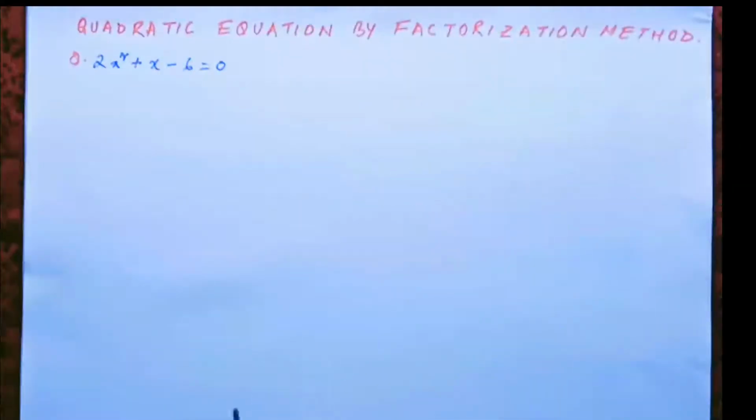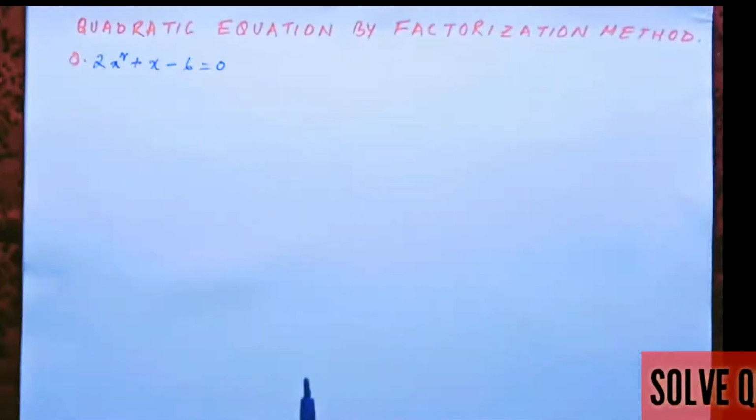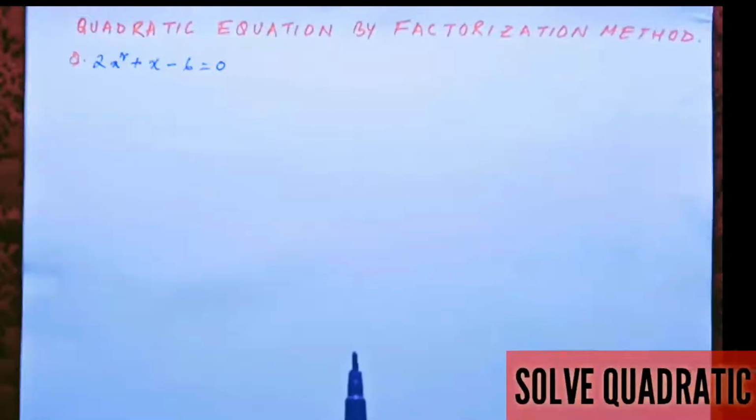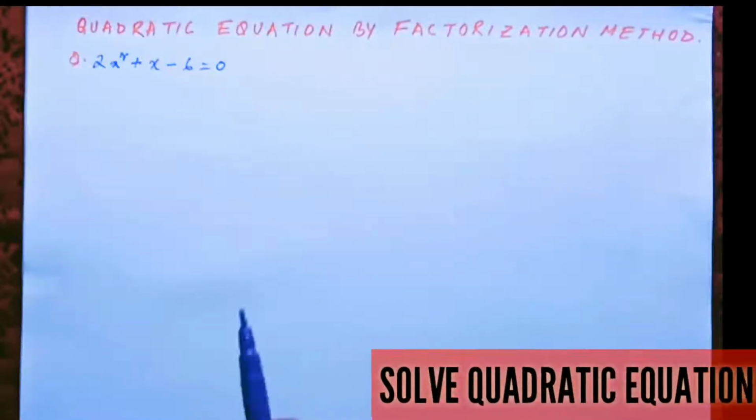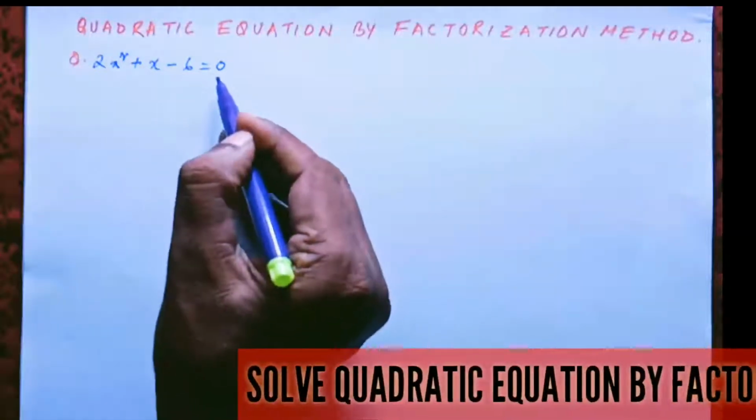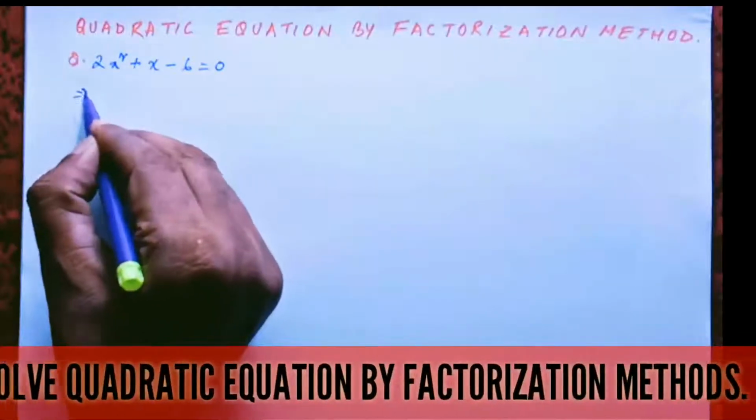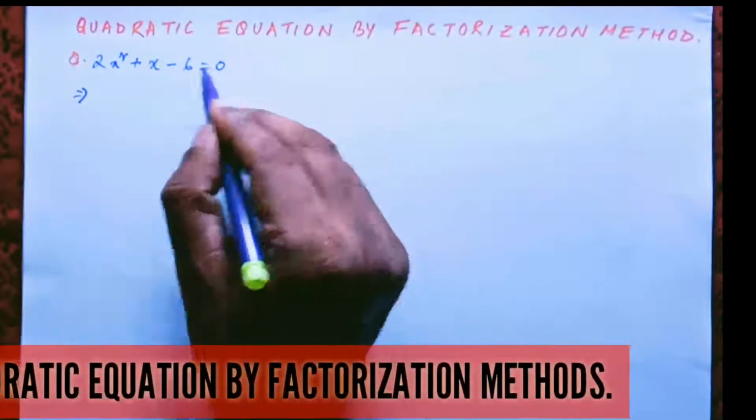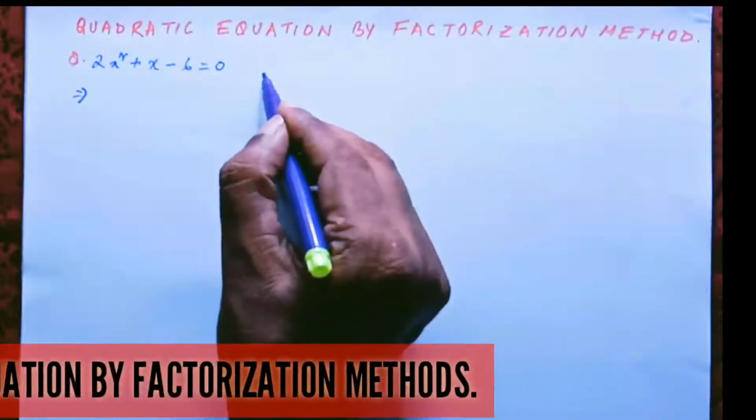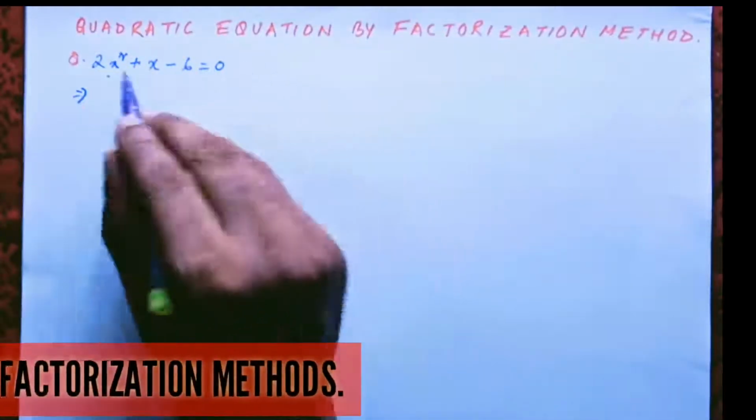Namaskar. Today we are going to solve quadratic equations by the factorization method. So we have the equation 2x square plus x minus 6 equal to 0. Let us write this equation. To solve this equation, we take the coefficient of x square as